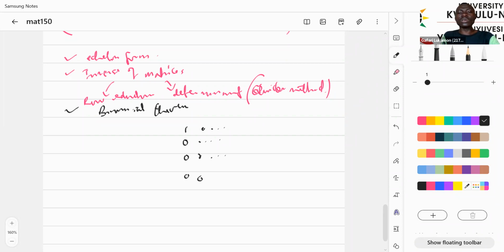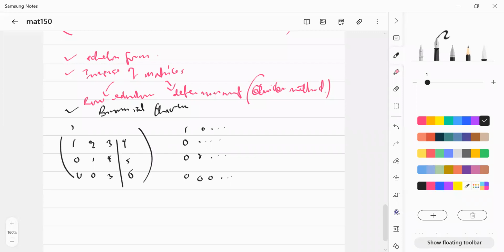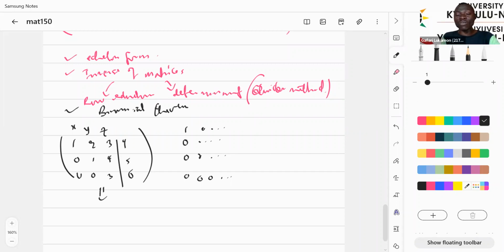Then you can have 0, 0, 0, dot, dot, dot as well. I hope you understand now. So that's echelon form. When you have something of this nature, at the end of the day you have 1, 2, 3, 0, 1, 4, 0, 0, 3. If you have X, Y, Z here, then by echelon form you can use it to find the value of 3Z, because you want to write it as a system of equations as you had before, that will give you 4x plus 2y plus